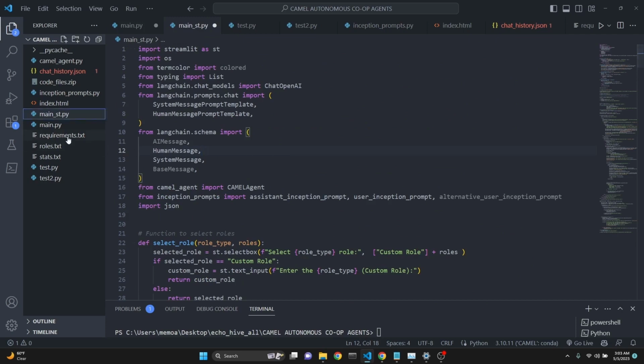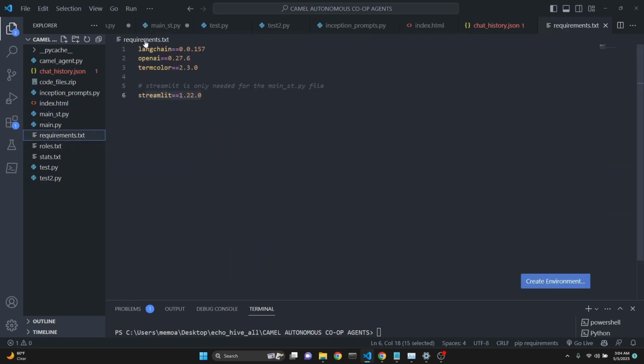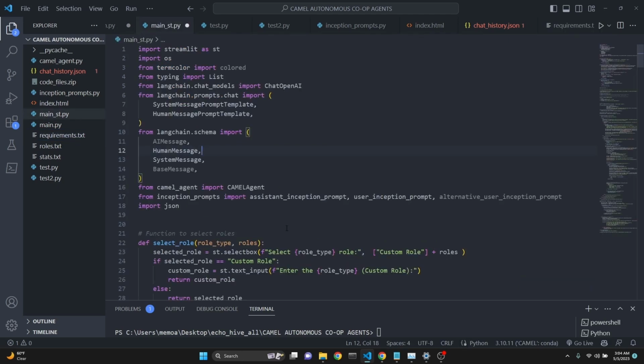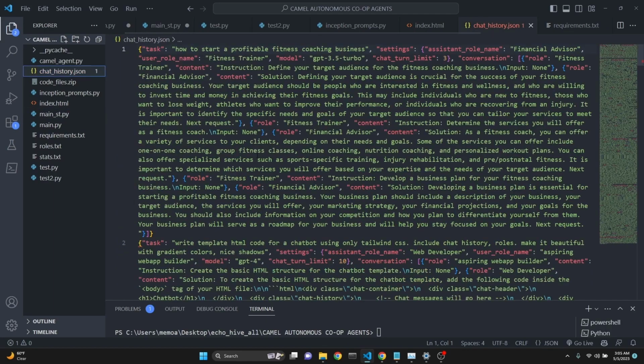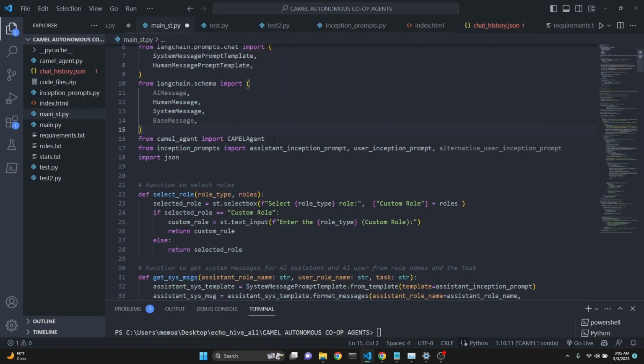Before we go on, let's take a look at the requirements file. Both for the terminal, we have Langchain, OpenAI, and term color, and Streamlit for the Streamlit interface. The main differences from the terminal version is that obviously this is a user interface in the browser, but it is also able to keep track of the histories as the chat history in a JSON file. It is also able to keep histories of identical tasks by numbering them, and with the ability to delete history